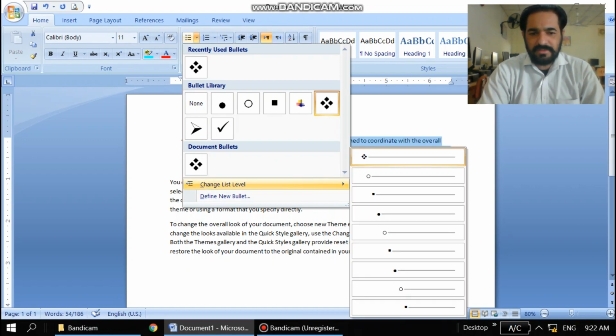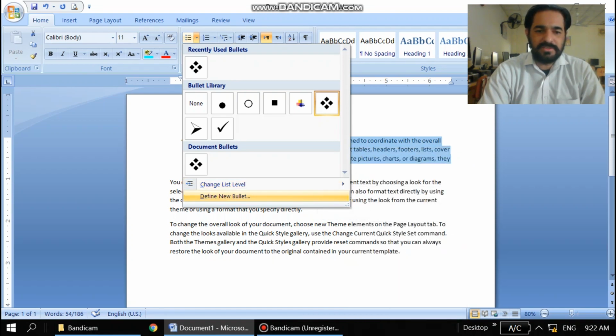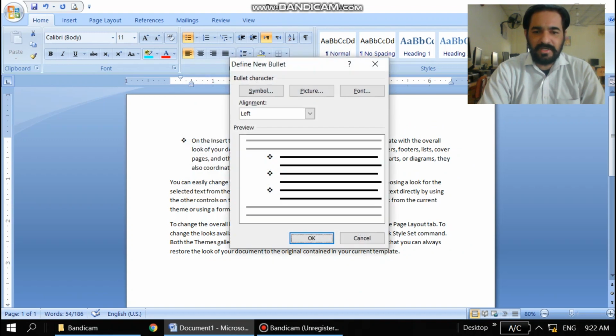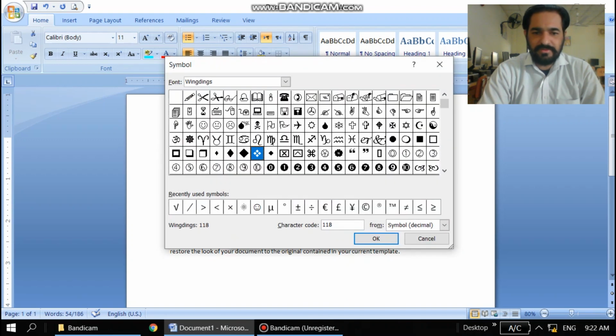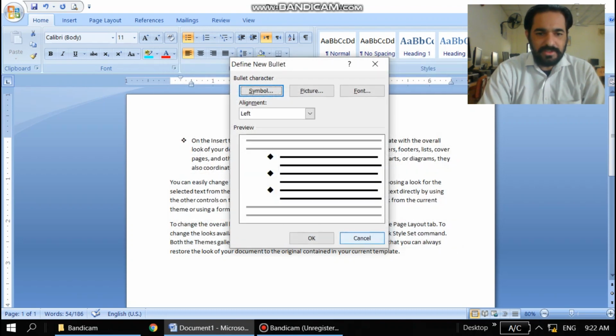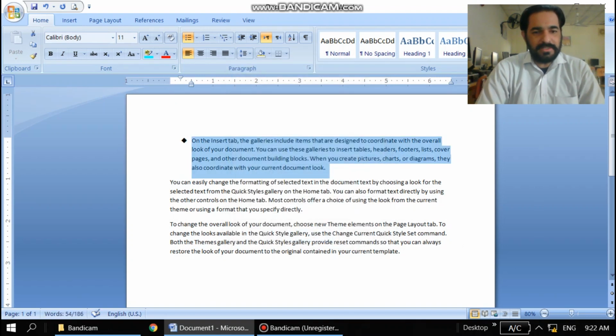So you can change list level, how you want to apply these kinds of bullets, then define new bullet. You can also define a new bullet with a sample or with different options. If this is selected and I want this, I can also apply this sample on my text.